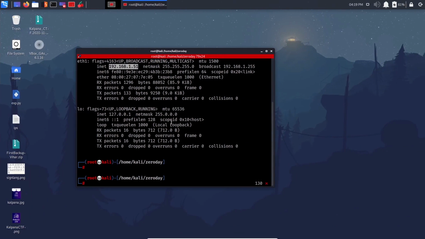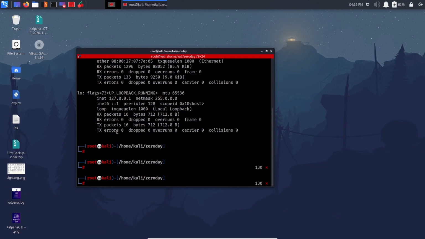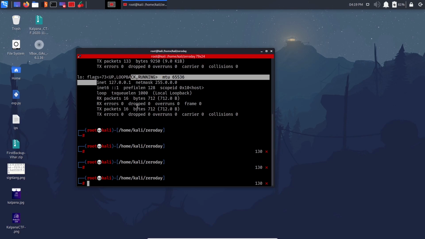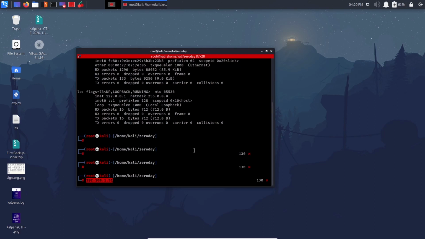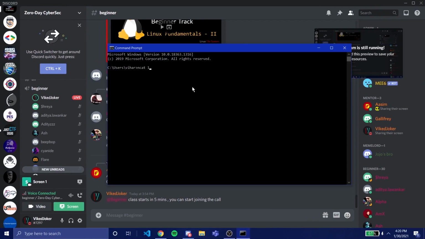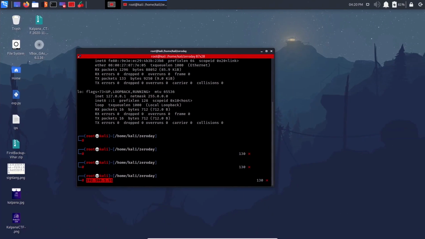One more tip is to copy stuff from the terminal. It is Control Shift plus C. You must have seen Control C might not have worked. It'll just stop the command. Control Shift plus C will make sure it is copied properly. Same thing to paste: Control Shift plus V. It's not Control V. It's Control Shift plus V. So let's connect. Control Shift plus V there, but here it's Control V.